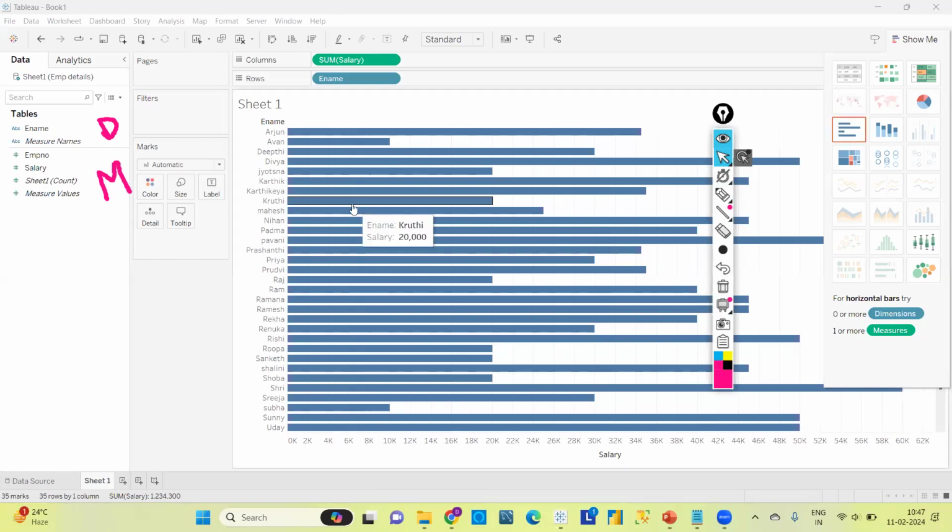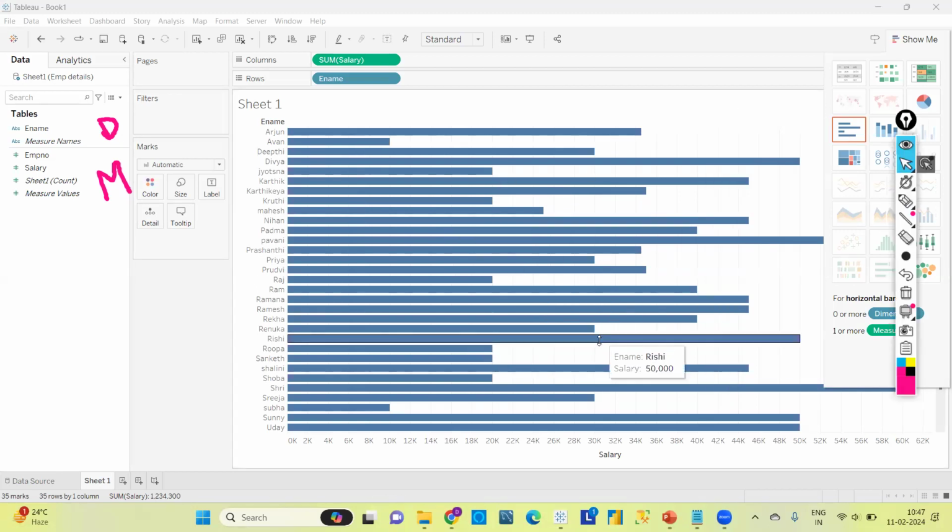Okay. This is the same as the screenshot which I showed you previously, correct? So this is the data. This is the salary of each and every employee. And here Tableau is very smart. If we just hover on it, it will show us the data. Like, see, if I keep it here, it is showing that the employee name is Jyotsna and her salary is 20,000, correct? When we keep moving our mouse, it will display the data. Clear?